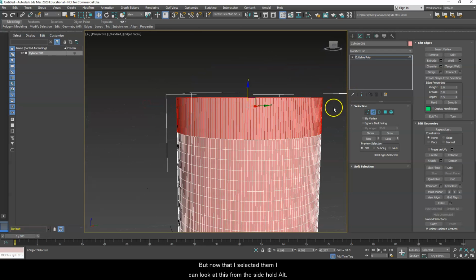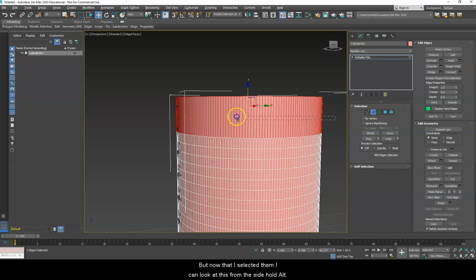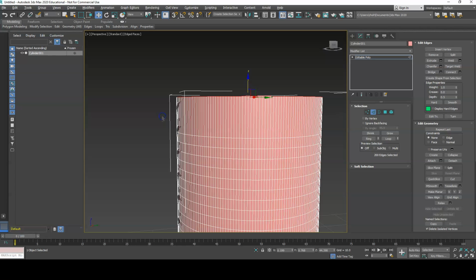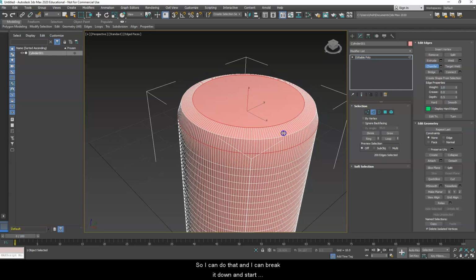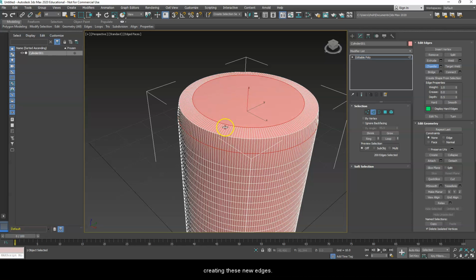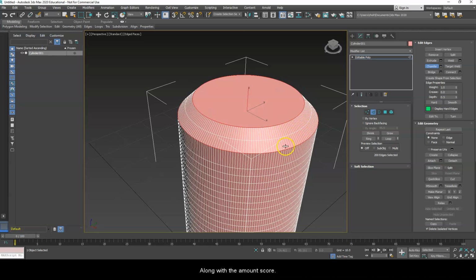But now that I selected them, I can look at this from the side, hold Alt, and deselect all the polygons, lines, vertexes, whatever it is I have associated with this. So now I'm left with just this selection. And with that, I can still use chamfer over here. So I can do that, and I can break it down and start creating these new edges along with the amounts for them